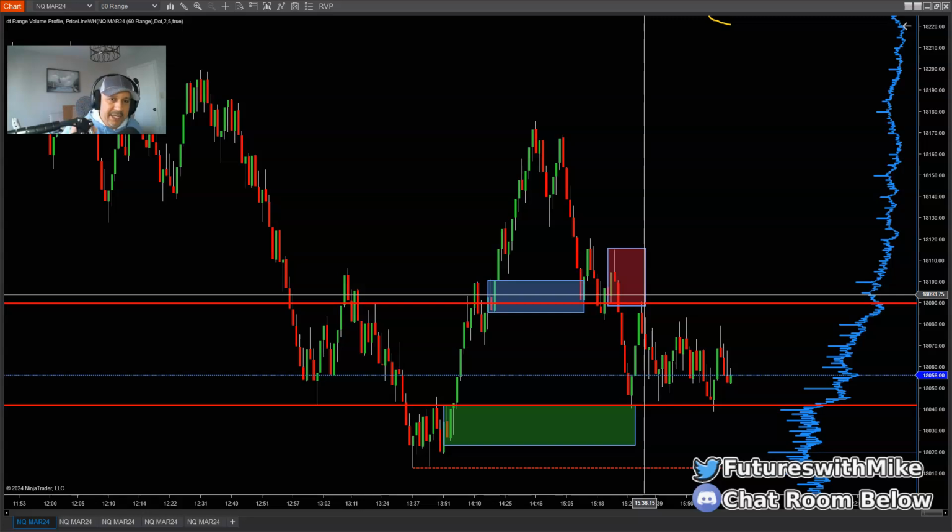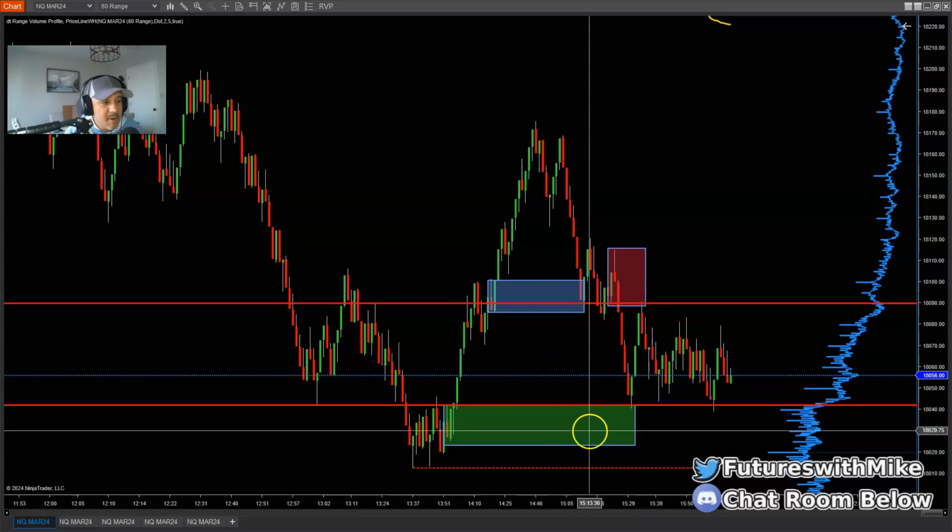Those are the type of setups that I love to see, and zones I like to see, and the creation of which ends up making for a beautiful trade setup when the market tests the zone and quickly moves away from it. Then I'm going to move down to my lower time frame looking for the setup, meaning when I move down to my 12 range chart from the higher time frame on which I marked my zone.